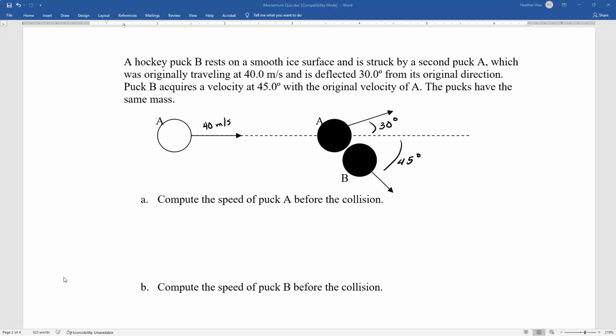So if we come up here, it's right there. If we want to know the speed of puck B before the collision, it's at rest. Now, don't think that it's going to be that easy,